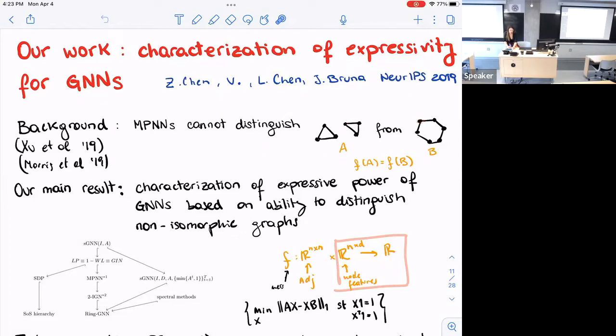So since there's nothing that tells you that this thing is different from this thing from the beginning, you have to break the symmetry somehow. Actually, the way people fix this issue is by breaking the symmetry, by having a different node feature for every node. And if you look at graph neural networks, there's a lot of research just